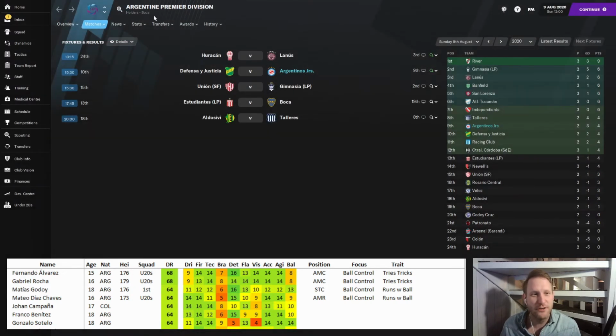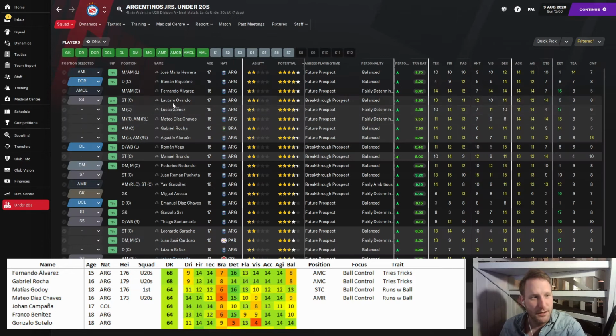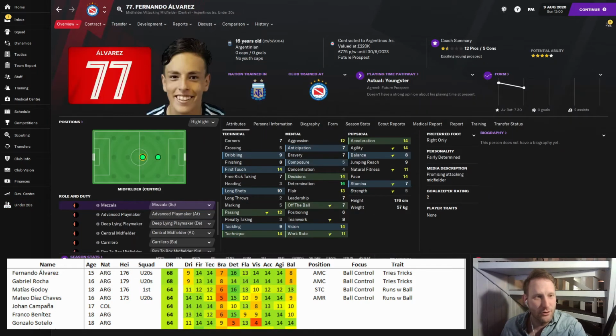Everything's good here. We are trying to find the next Diego Armando Maradona, and that's what the spreadsheet towards the bottom of the page is all about. Fernando Alvarez is currently the best one. The 15-year-old, I can show him to you. This is him, Fernando Alvarez. He looks happy. He is a bit on the taller side, which I don't enjoy. He's very light though. But good first touch, passing technique, lacks bravery, lacks balance. We need to work on that.